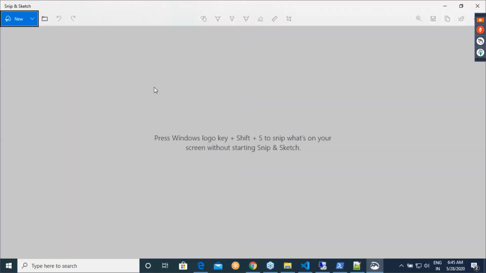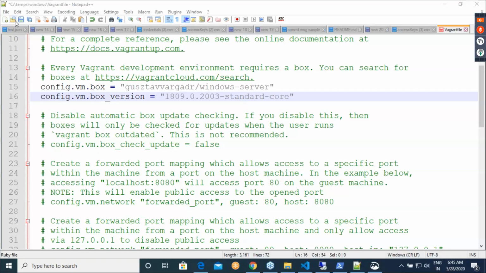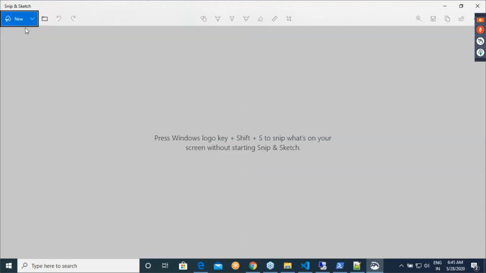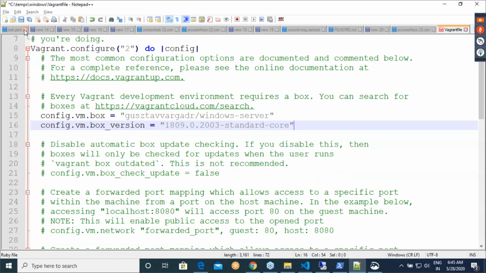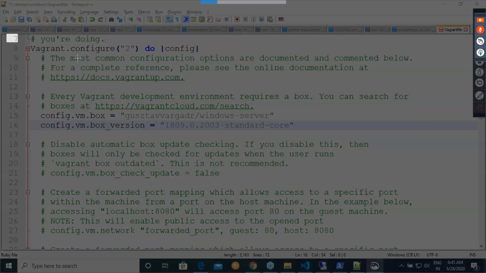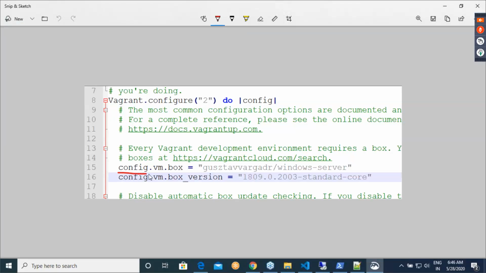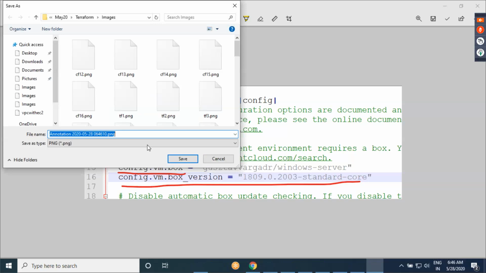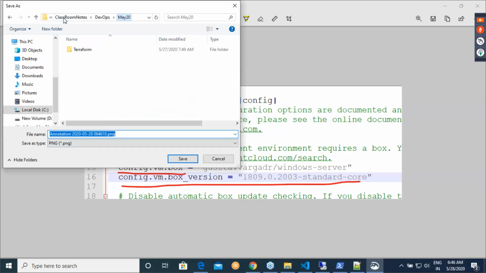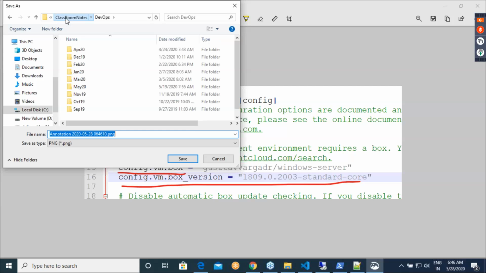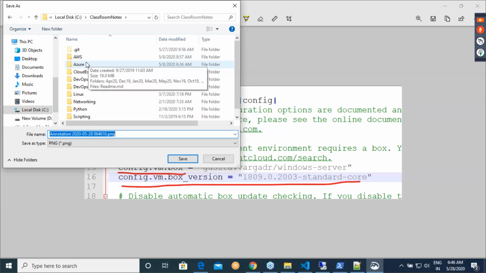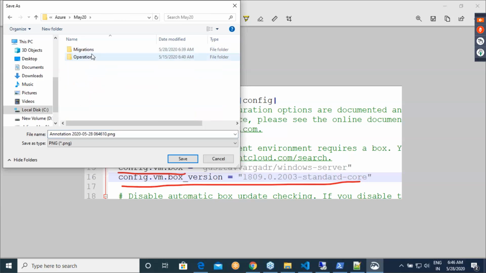Let me add a screenshot of that. Generally, you will have only this, so wherever you have this, you go and add this stuff. This is required if you want to migrate Windows Server. If you don't want to, that's a different story. We need to know different flavors whenever we are doing migration. That's the reason I'm coming up with this.